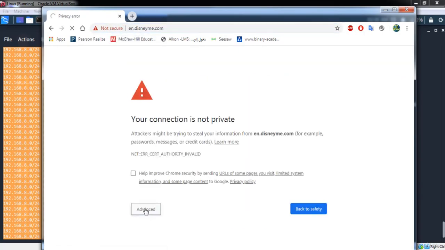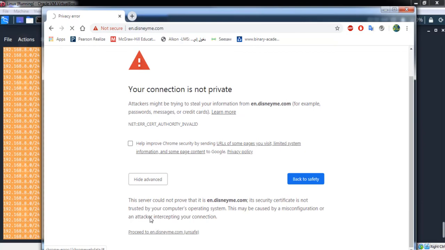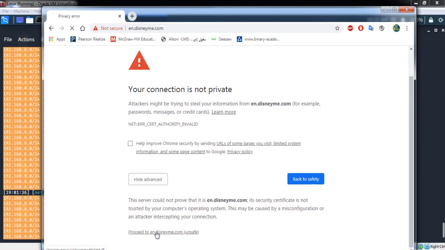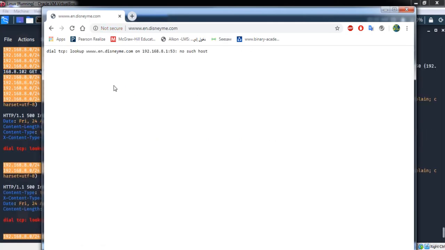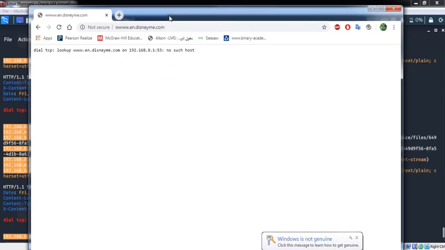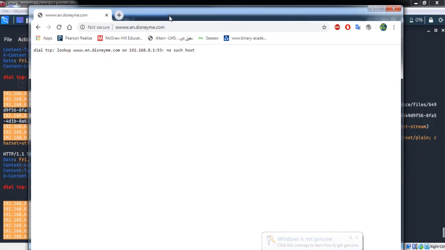Then if I enable it, this caplet and this command which we have run in BetterCap will just downgrade the HTTPS protocol to HTTP for us to be able to capture the traffic. But always this will take some time to respond. These days most of the browsers, Chrome and Firefox, are patching their web browsers, so it will be difficult